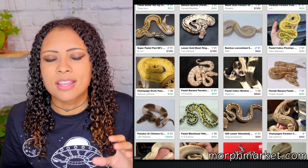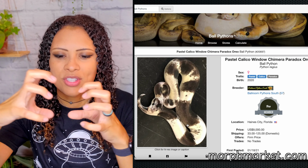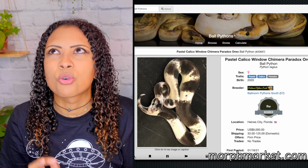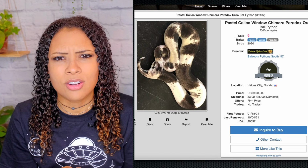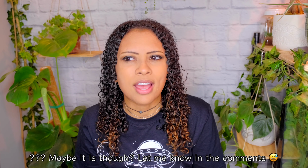It basically is a bearded dragon or a ball python or whatever, and there's like different morphs and they're all just kind of smushed together, and it makes this crazy cool patterning. This isn't on the normal list because I don't think that this is a breedable thing. I think this is just kind of something that